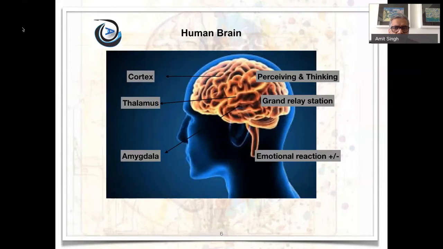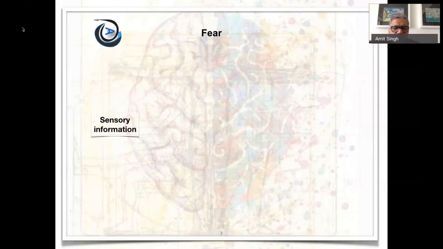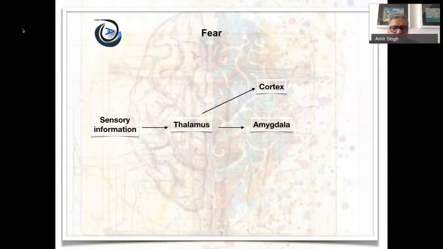Now, the routing may change. It does not always follow thalamus, cortex, amygdala. Certain times it will go directly to the amygdala. So sensory information is received from the eyes, ears, touch, nose, passed into the thalamus, which decides where to send the stimulus, the sensory information, to the cortex. Cortex, it is processed, options generated, then sent to the amygdala, or it can go directly to the amygdala and